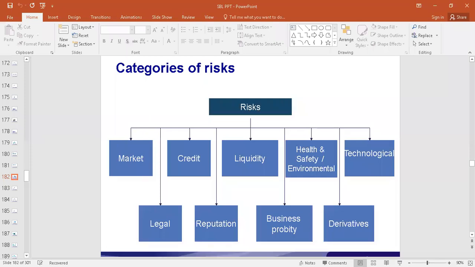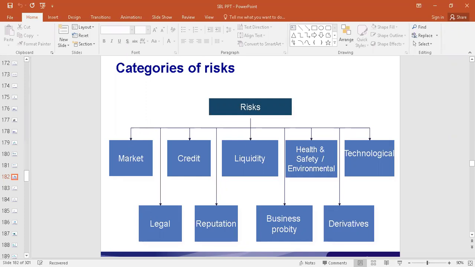Credit risk. Credit is a concept where, to attract the customers, the credit facility is extended to the customers. Goods are sold to the customers on credit basis. They are supposed to pay the amount promptly on the due date. But if they fail to make the payment on the due date, it will be referred to as bad debts. We know that. Okay, that is the risk. The risk that the customers fail to make the payment is called credit risk.